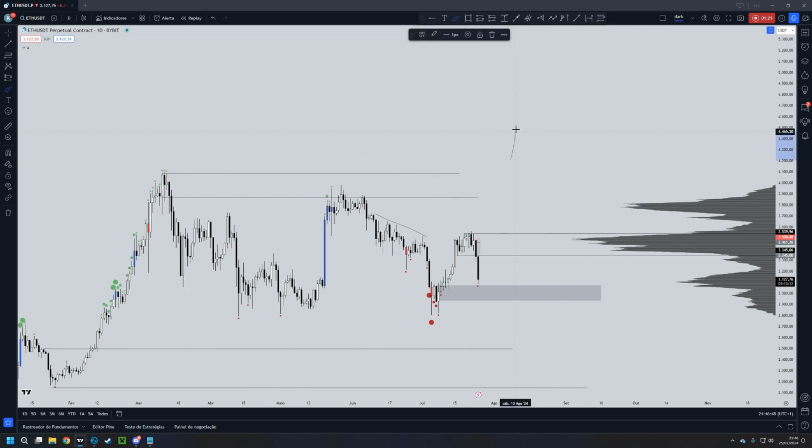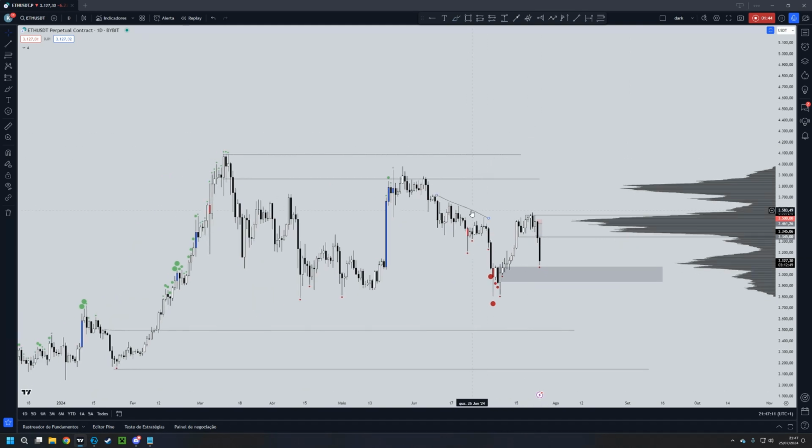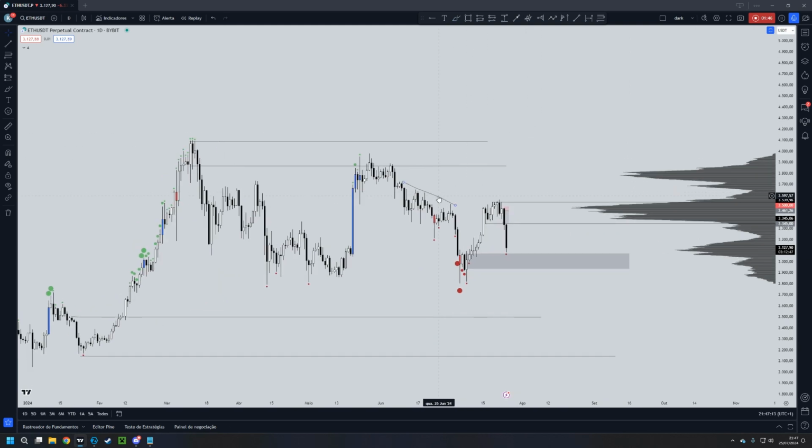The same on the long side, right? If I have a perfect trend, most traders will say, oh, stop loss here, stop loss here, stop loss here, right? Because higher low, higher low, higher low. But what the market often does is take all of this liquidity and then move up, right? So knowing this, on the daily, we don't want to just put a blind limit order here to go short,